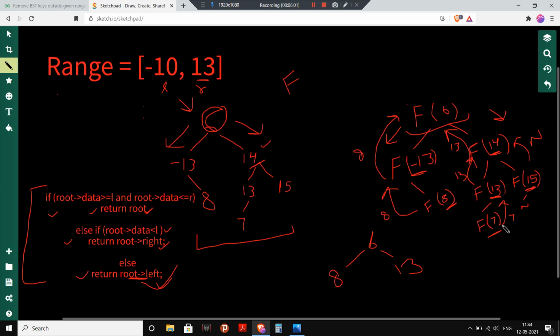Now it will have 7 here. So this is my resultant tree, and we have to return this node. I think this is clear to you. If you have any doubt, you will get through it in the code part, so let's move to the code part.